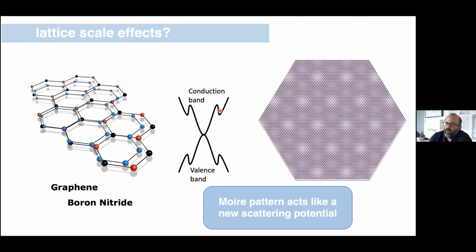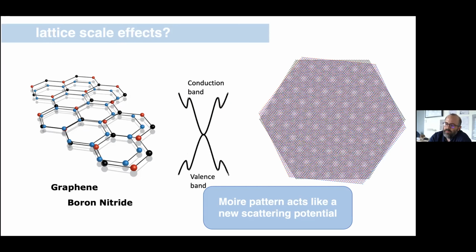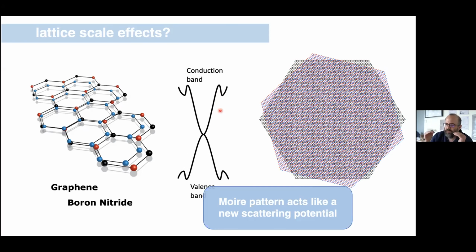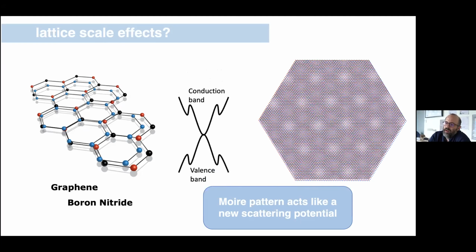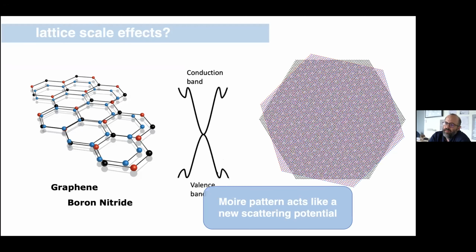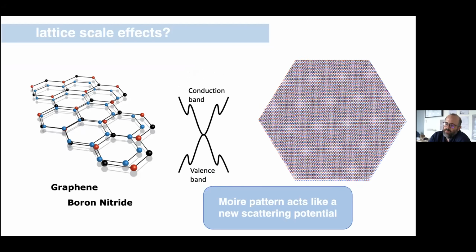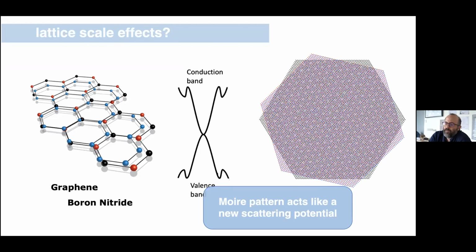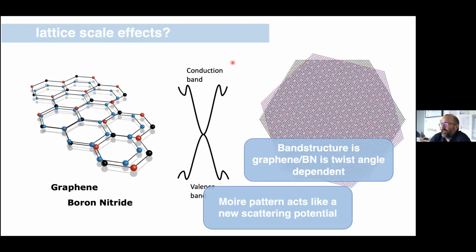So what that means is if I rotate this graphene BN system, I can modify the size of the Moiré potential. And when I do that, I shift where in the energy band structure I'm really modifying. I'm really imposing what we call satellite Dirac cones in the system. So if I rotate back and forth, I can shift around where in the band I introduce these new satellite features in principle. Okay, so this is now suggesting that we have access to an entirely new degree of freedom that's beyond just putting these materials together. So I place graphene on BN, I have a moiré potential.